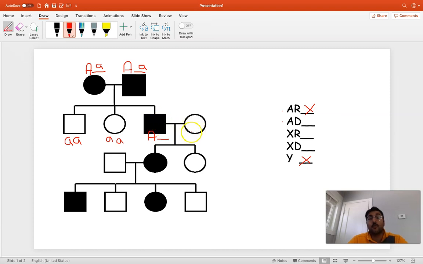This man, we got to keep going. Up until now, we have not been able to say, no, this is not autosomal dominant. We haven't eliminated this option yet. And because we haven't eliminated it, we got to keep going until we either can eliminate it, and you may have to go all the way down to find out, or you can't eliminate it, and you know that that's got to be a plausible option for the mode of inheritance in this